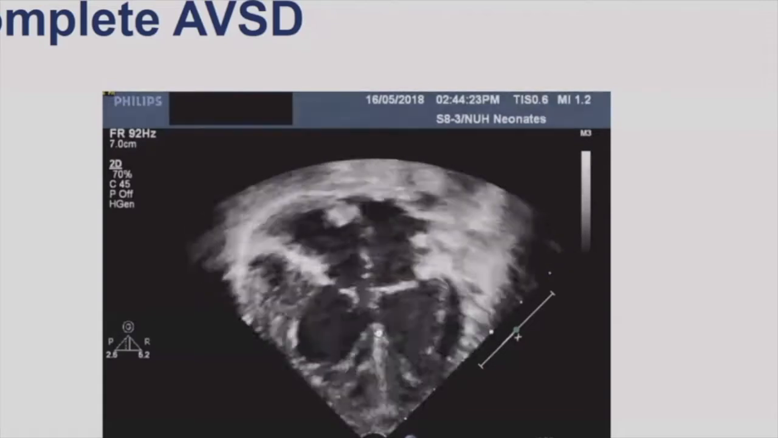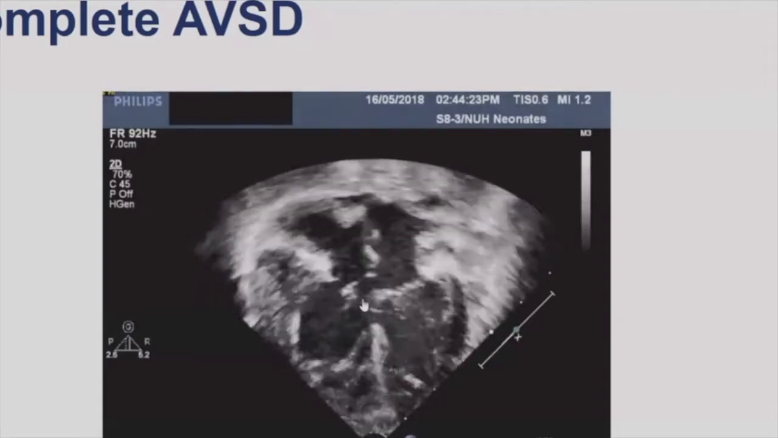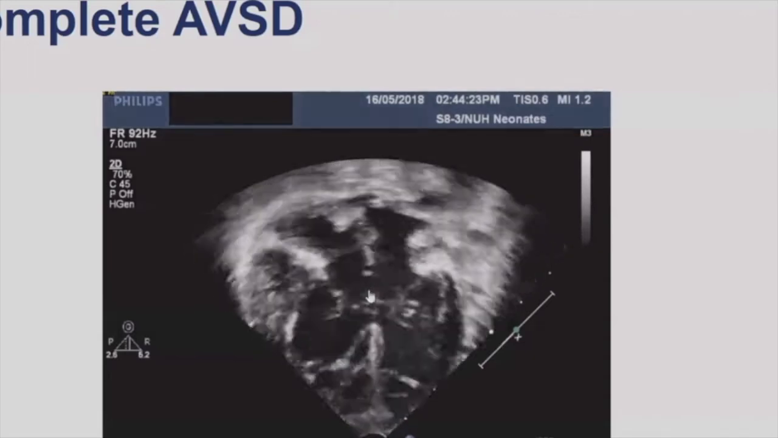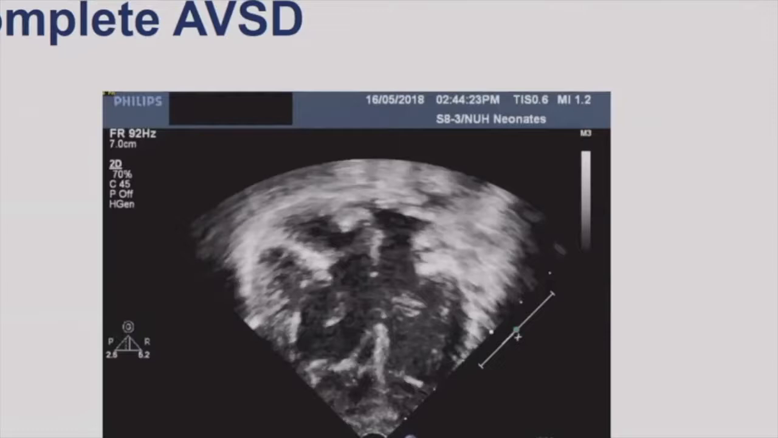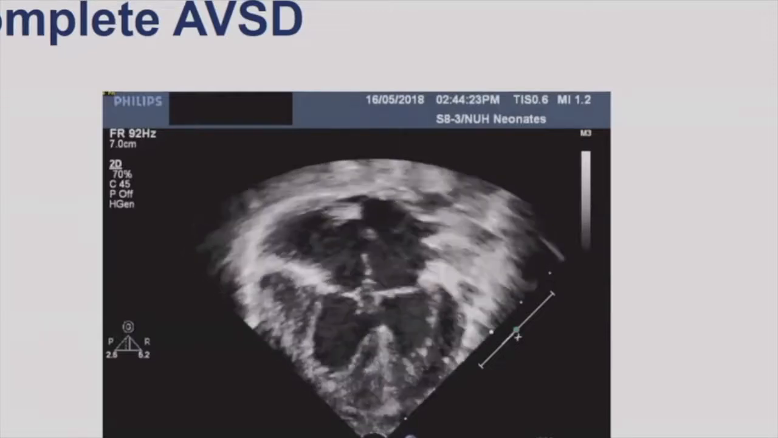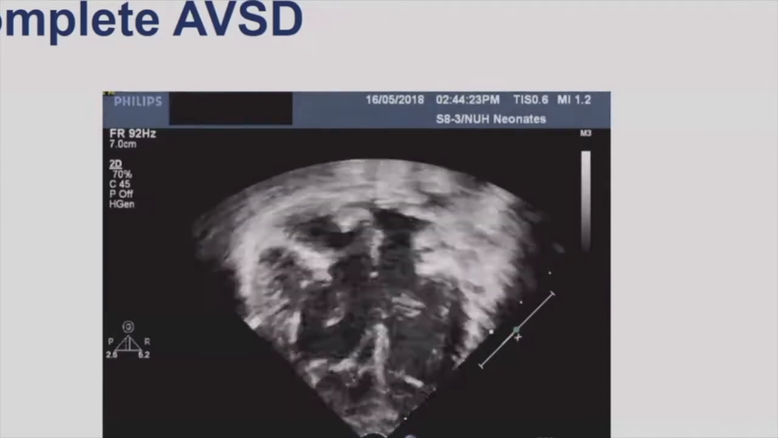So there is a deficiency in the ventricular septum in the inlet region, and in the atrial septum there is also a deficiency in the ostium primum region. So it's a complete AVSD. And in the setting of a complete AVSD, beyond just patching up the atrial septum, patching up the ventricular septum,